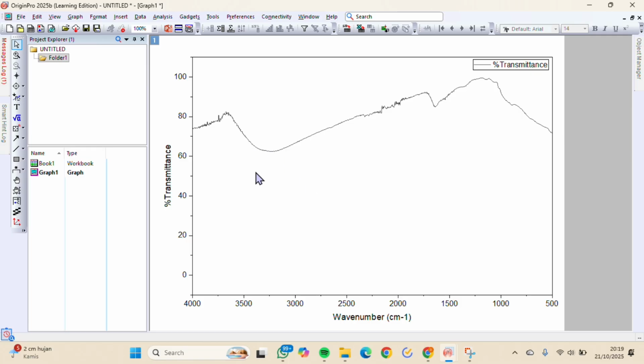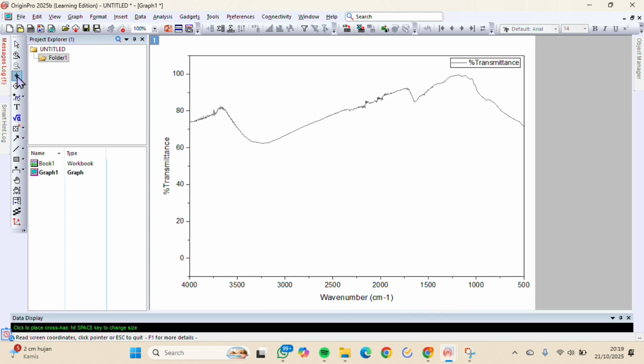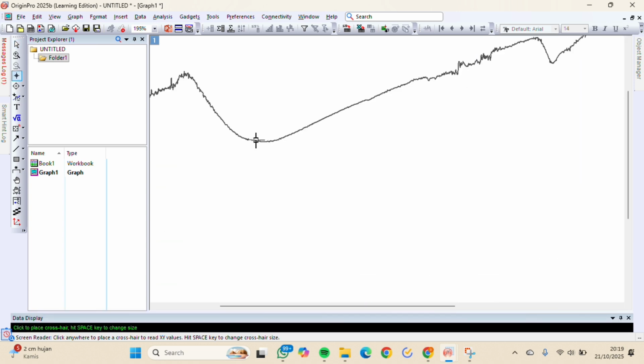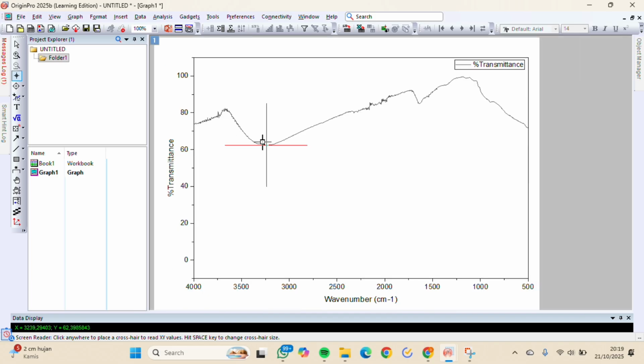Then in the FTIR data, we select the lowest part of the peak, then click screen reader to find out the x-axis values, and we get the first lowest part at 3239.294, and we write the x values as text on the graph.